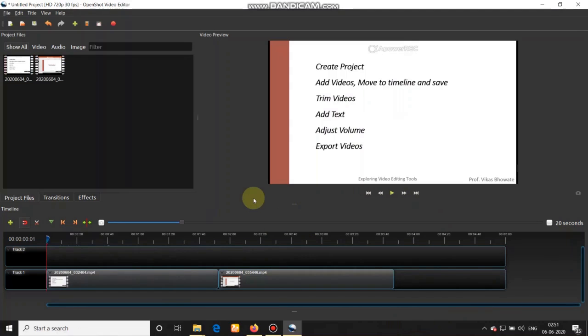As I mentioned earlier, sometimes you may want to add text to video as you forget some important point at the time of recording, and then you don't want to go back and re-record again because recording is very tedious job. Addition of text is not that difficult in OpenShot.